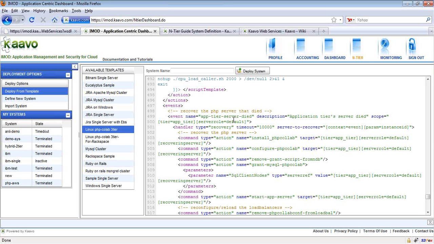That means you can specify these workflows completely, and I will show you that they can be executed in different ways. You can execute them right away, or you can execute them in response to some event generated by a monitoring system. Also, you can execute them by a scheduler at a scheduled time.